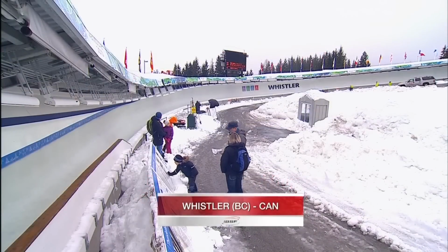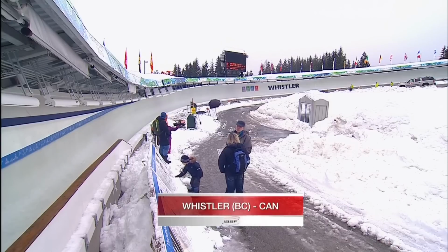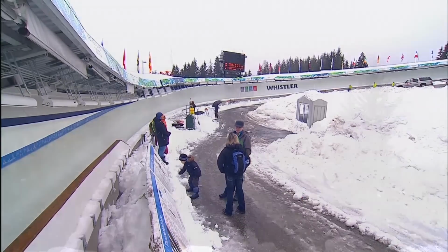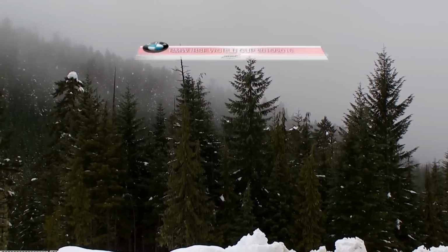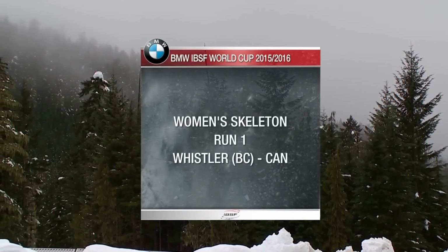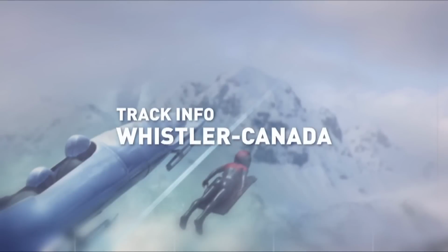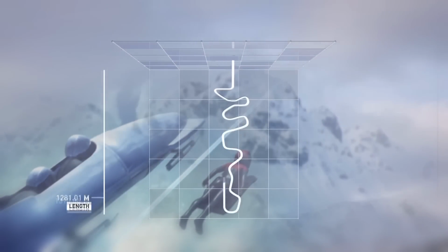It's the sixth stop on the BMW IBSF Women's Skeleton World Cup Tour. We're in the 2010 Winter Games venue, the Whistler Sliding Centre in the village of Whistler, a couple of hours drive out from Vancouver in British Columbia in Canada. Hello, welcome everybody. Martin Haven and John Morgan trackside as ever at what is, without question, the fastest sheet of